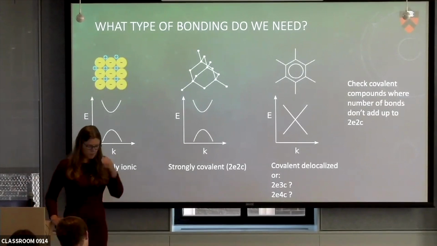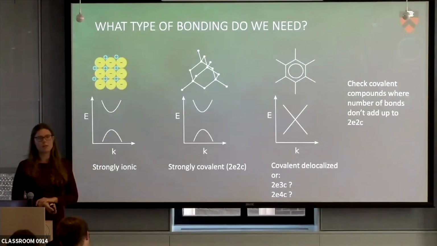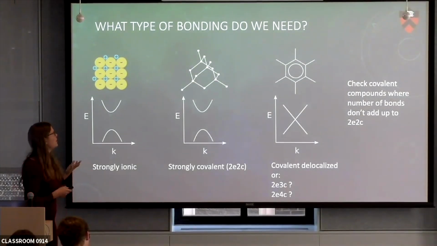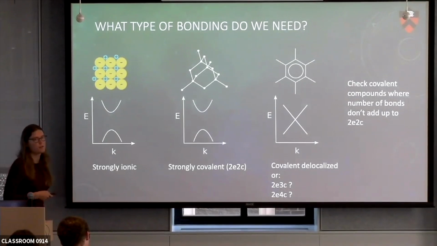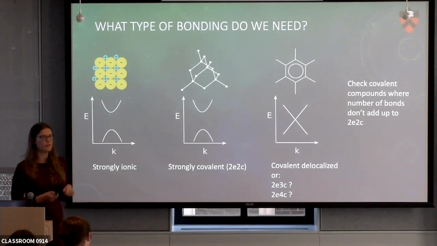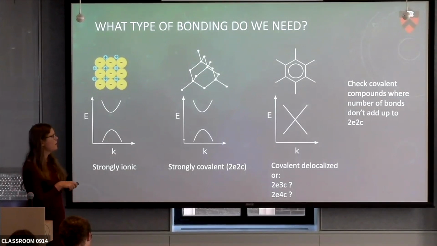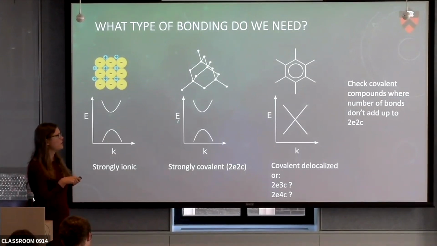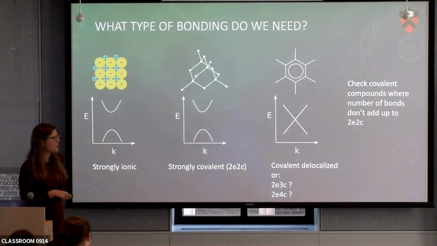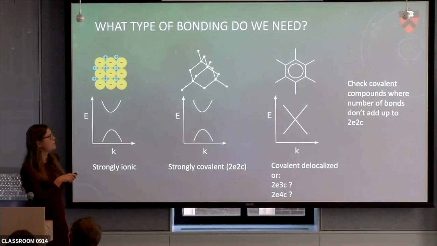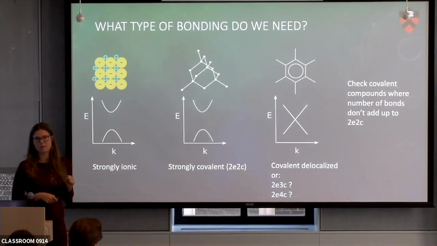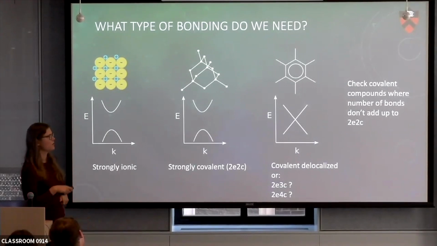First, I wanted to think about different types of bonds I know in materials and how I can relate these bonds to delocalized bonds. So there are ionic bonds, obviously, like you know them in rock salt, and whenever I have just strongly ionic bonds in the solids, most commonly these materials are just insulators. There's, of course, a few exceptions, but commonly. And the same is true for strongly covalent bonds, like we know them in silicon or diamond. So these are called 2E2C, which means 2 electron, 2 center bonds. It means just that a chemical bond is formed between two atoms by 2 electrons. And if I just have these, then I also usually have a trivial material.